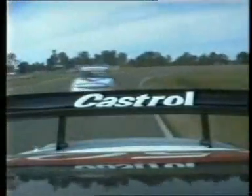Oh, another one. Yeah, it looks like Donaher's Ultra-Tune Commodore, one of the privateers. I think he's tasted the concrete. Well, so many have today in this opening race. There's been plenty of crunches over there as we have a look at Garth Tander in the 134 Valvoline Cummins Commodore chasing after Russell Ingall, who